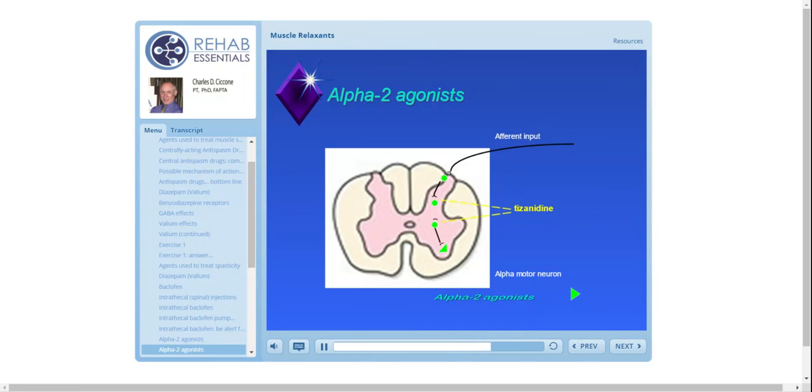So tizanidine is available. It is helpful in some patients, and it's another example of a drug that might be a part of their antispasticity treatment. It doesn't solve the problem in every patient, but it is an option. It might be combined with